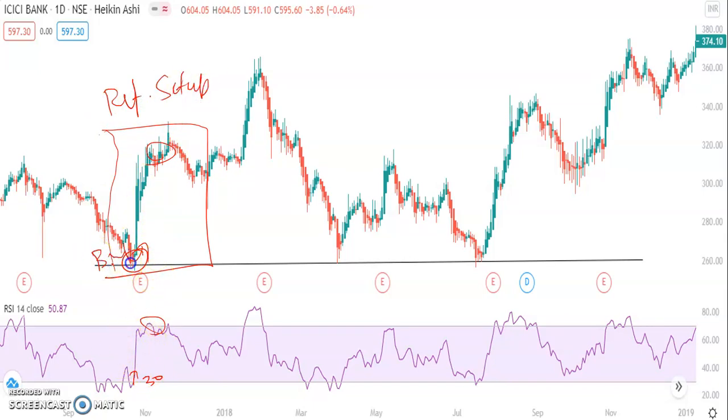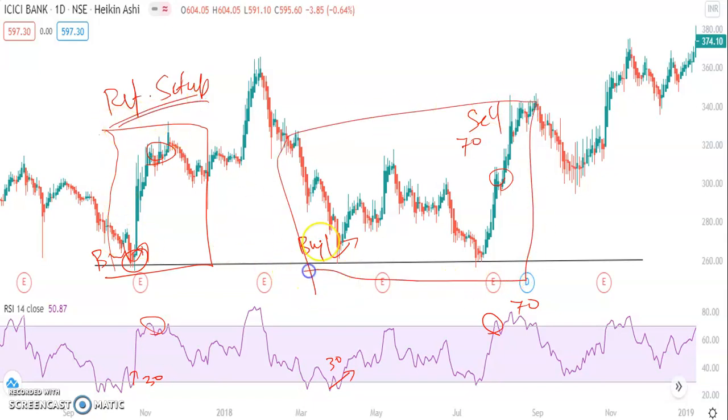The market went up here. Okay. So keeping this as a reference, we'll just see here the market change. RSI goes above 30. Buy and then sell when it reaches 70. Okay, sorry, 70 here. So we exit our position. So we have a reference setup and then we have a trade setup. Okay, if you don't have a reference setup, don't trade in the market. So for example here we don't have any reference setup, so don't trade like this.